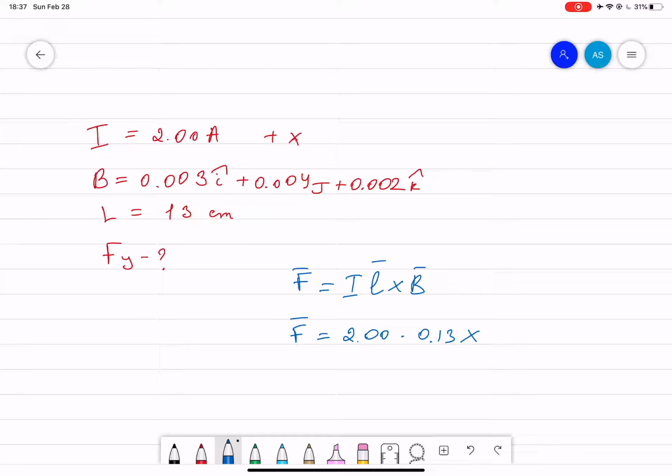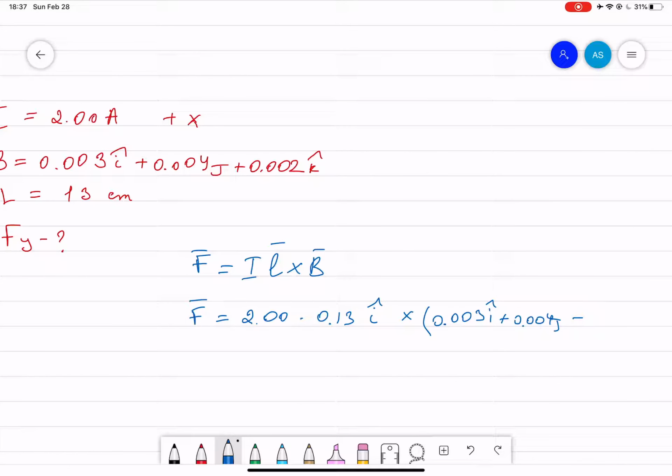Cross. So we have the current in a positive x, so it means i vector, cross 0.003 i vector plus 0.004 j vector, then plus 0.002 k vector. Okay,